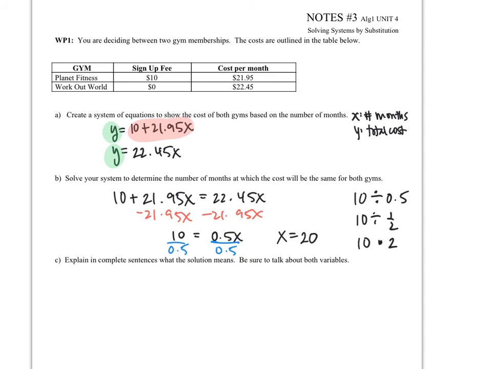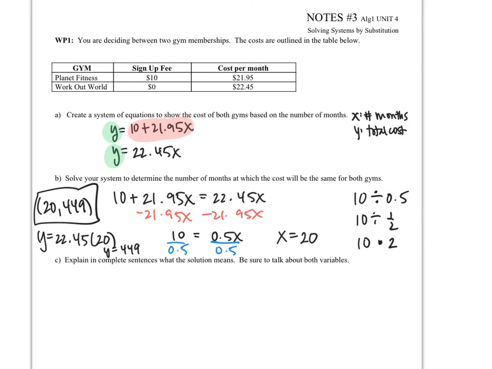Now if x were to equal 20, I can then plug that back in to where my x is to figure out what my cost would need to be, and so I could do y equals 22.45 times 20, and that would be 449. And so that means my solution to this system is 20,449. And so then the last part says explain in complete sentences what the solution means, and it says be